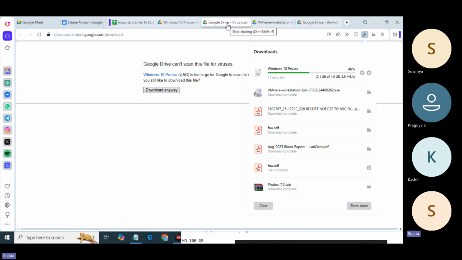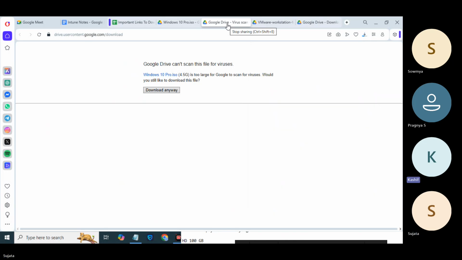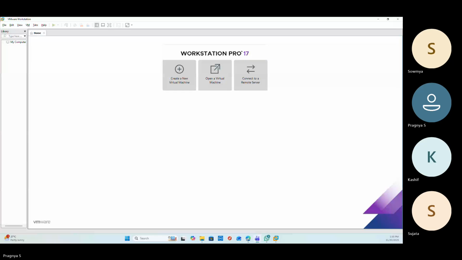I should stop sharing? Yes. Okay. Can you see my screen, the VMware? Yes. So should I click on create a new virtual machine? Okay. So what you have to do is